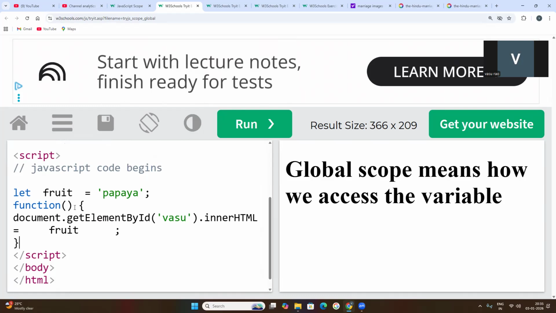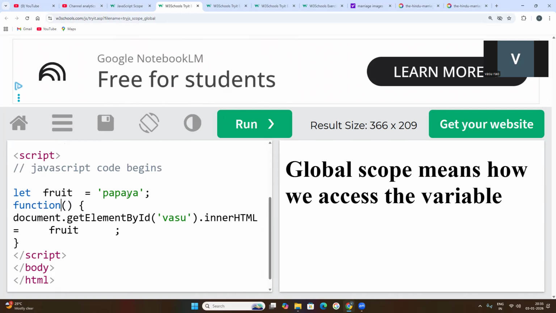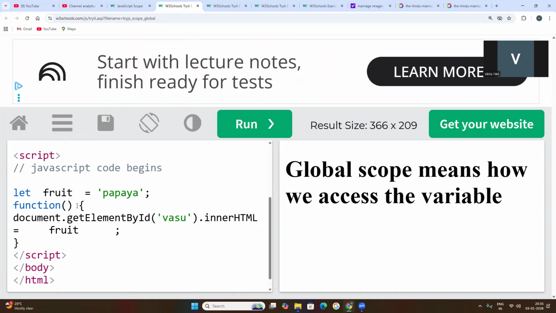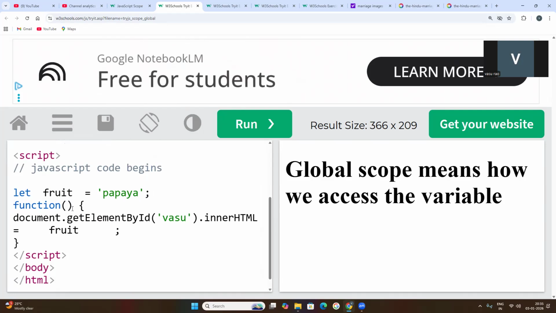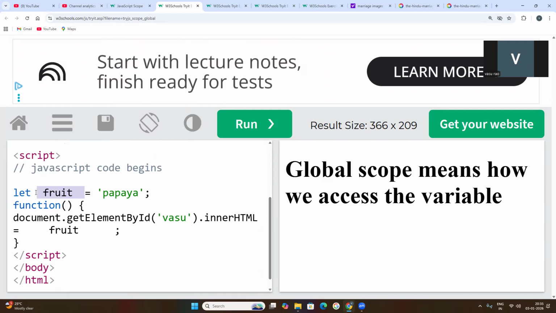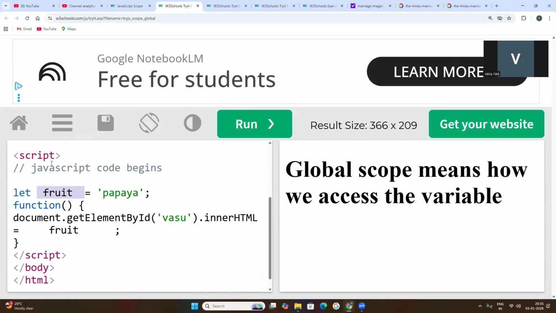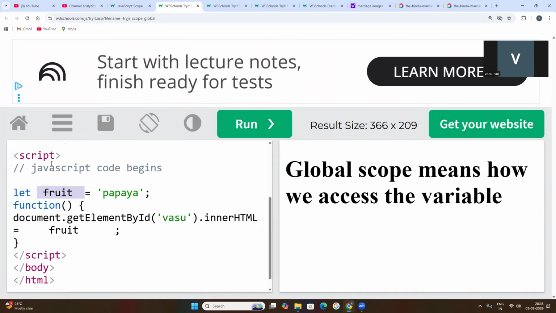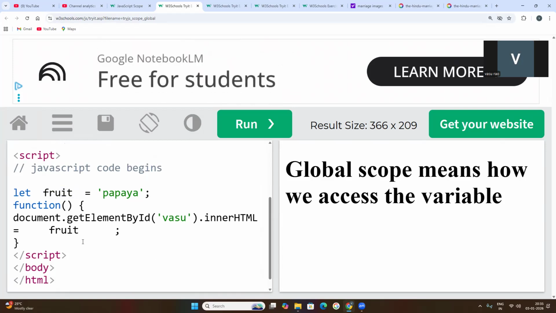Okay. Now, in the function, you have created the variable. This variable is created outside of this function. Once you have created a variable outside of the function, this variable can be used anywhere. That is its scope: you can use this variable anywhere inside the program or outside of the program. So I want to use this variable inside of this program.